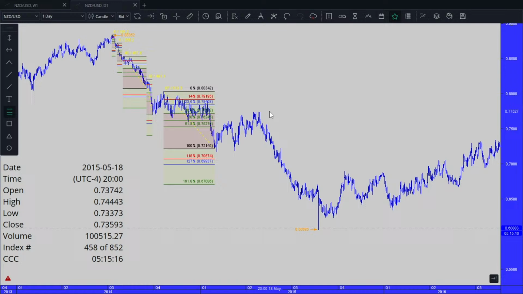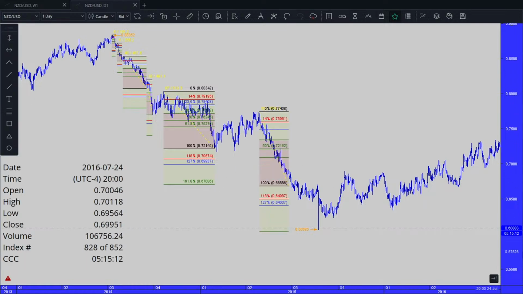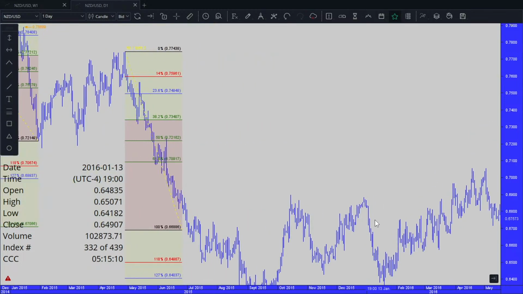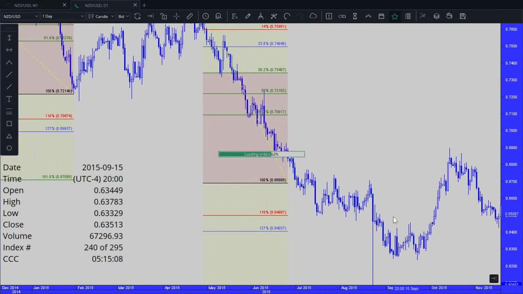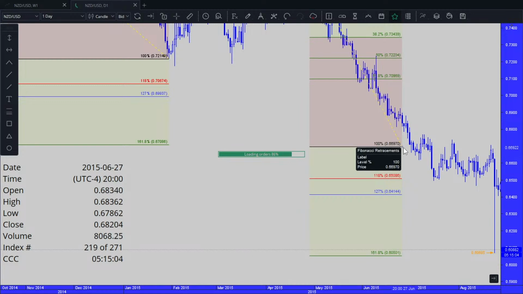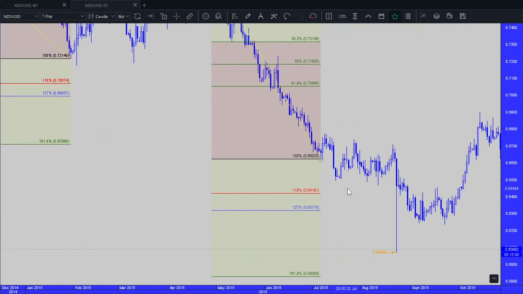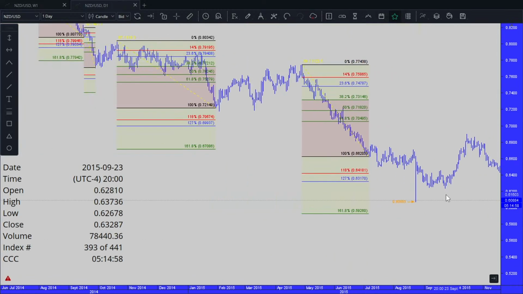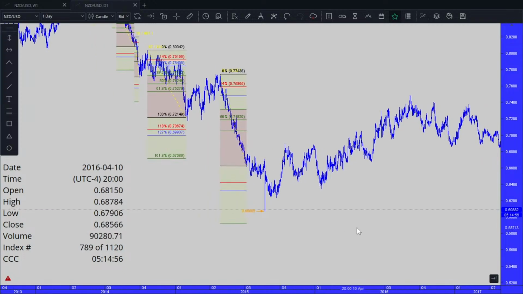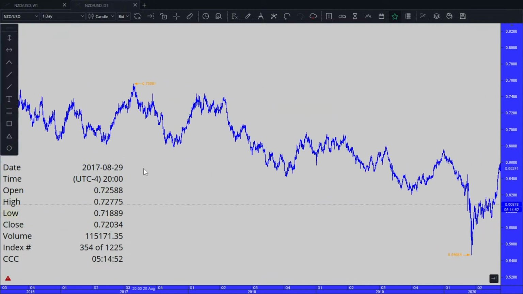ABCD, ABCD. Green goes to green. So that's the C. And now let's find the D one more time. Green goes to green. The D must be a low. That's not a low. There you go. That's the new Fibonacci sequence. And finally,